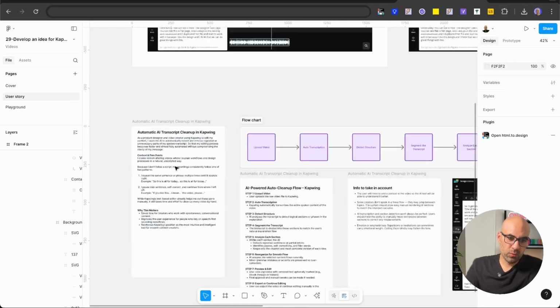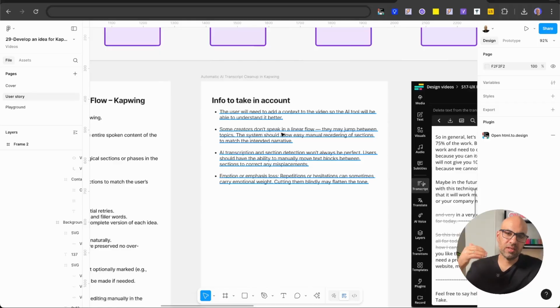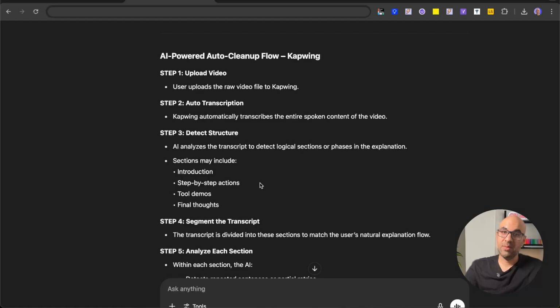And here below, we can see the user story. I have here the flow and information I need to take into account about why I designed this feature, because when I chat with ChatGPT, I have some ideas and I wrote them here so I will not forget them. Apart from that, I took the flow ChatGPT generated for me. I mean this one, you can see it here, moved to Figma and asked it to create a flow for me. So I paste it here, and